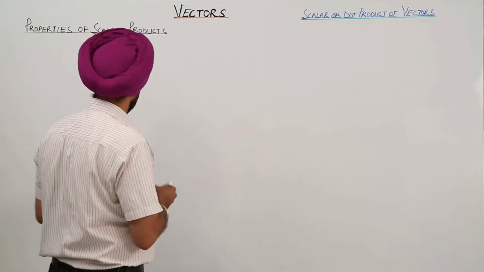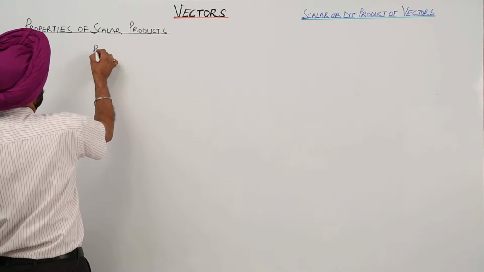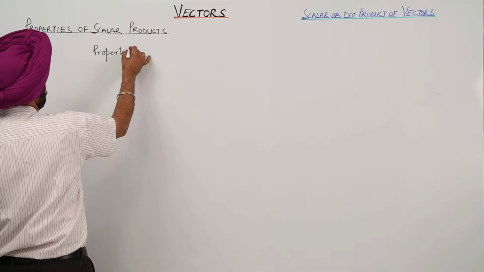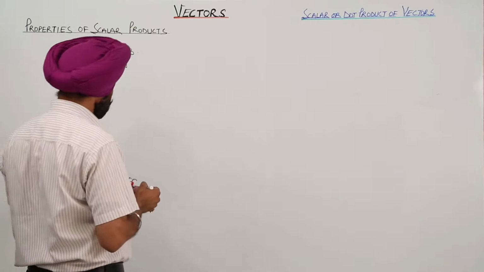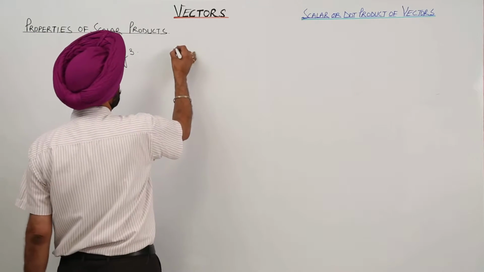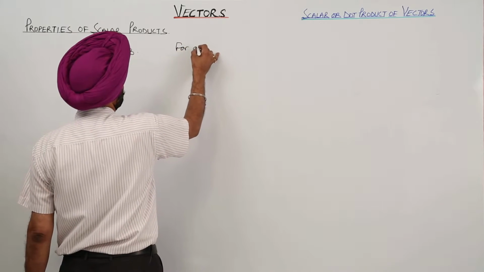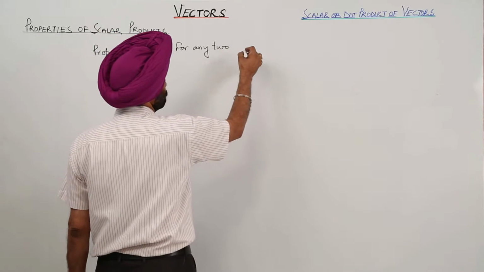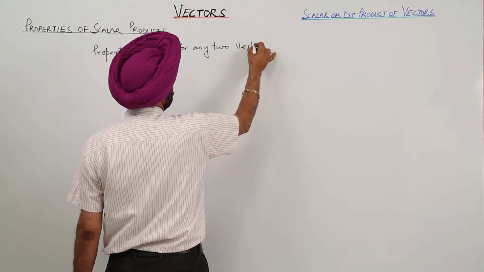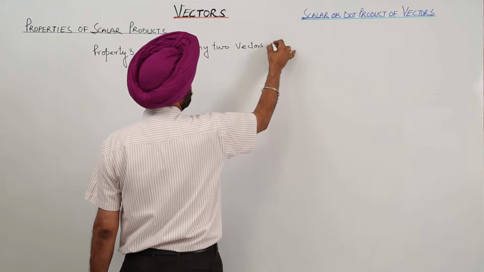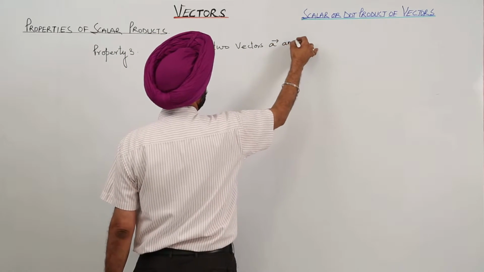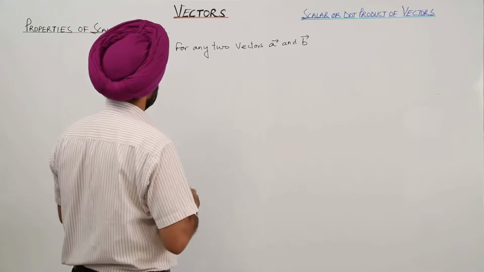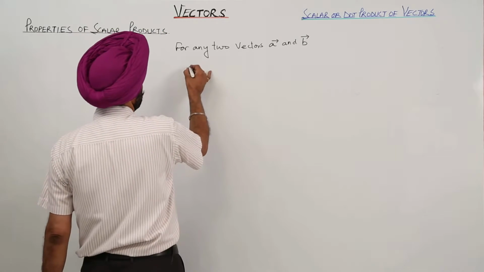Now third property. Property 3 is property 3. Now for any two vectors A and B, vector A and vector B. Now what does this show, property 3? If we are having vector A